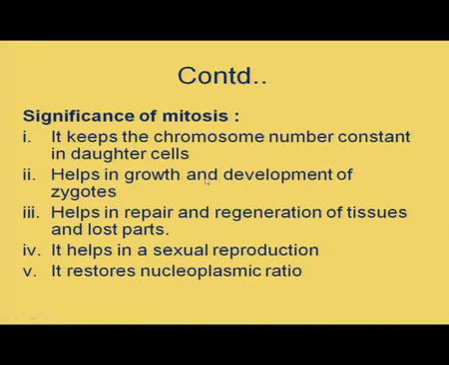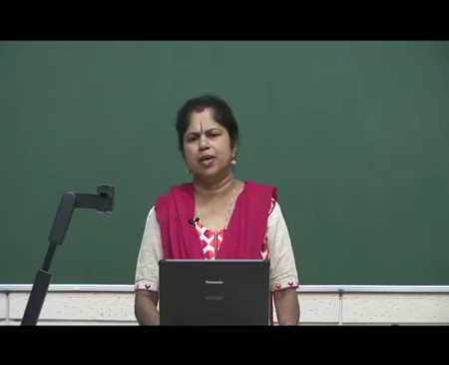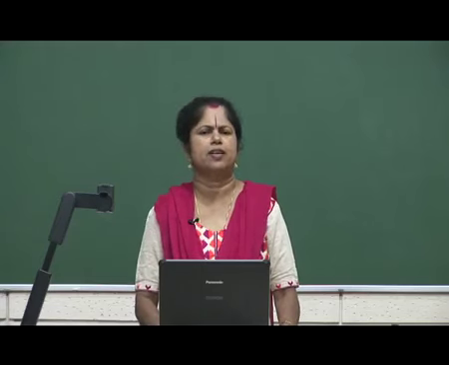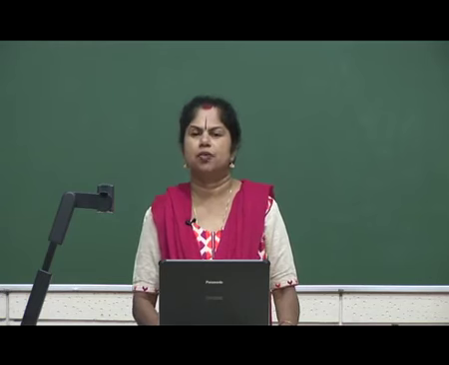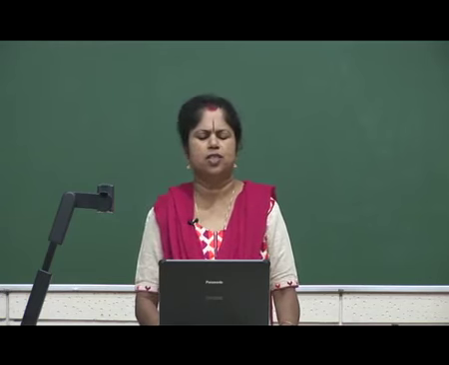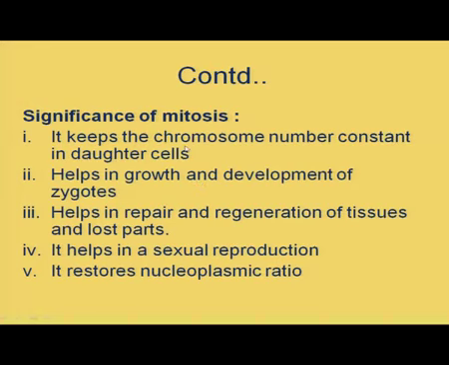You know, the zygote is formed after fertilization, after syngamy, after the fusion of male and female gametes. It is only a single cell. Even though it contains two sets of chromosomes, diploid, it is only a single cell. We all developed from that single cell called the zygote. So how is it possible? We are multicellular complex organisms. How did we develop? The one and only option is mitosis, the cell division.